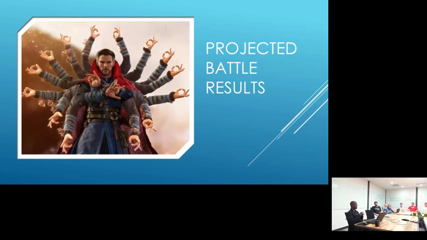For example, there's no point if a character is intelligent but weak in battle. There's no point in having him stand up toe to toe to Thanos. You want that person to help with the strategy, and you want the person who is strong and powerful to fight the strong, powerful character. So it's kind of a division of responsibility in that context. So all 142 characters predicted 150 different matches versus Thanos, given the variability, and see who won, who lost, and then we have some analysis surrounding that.